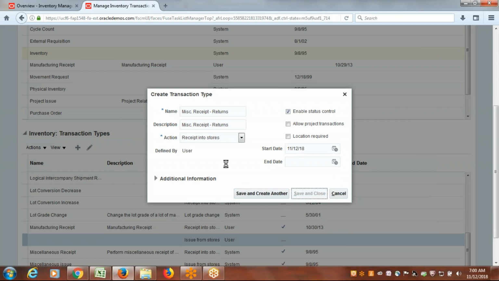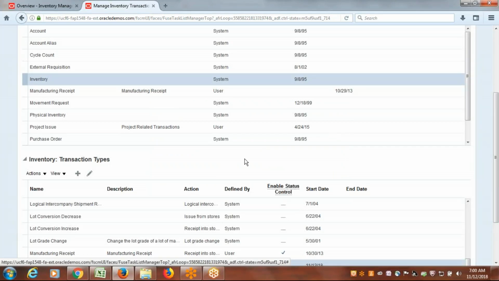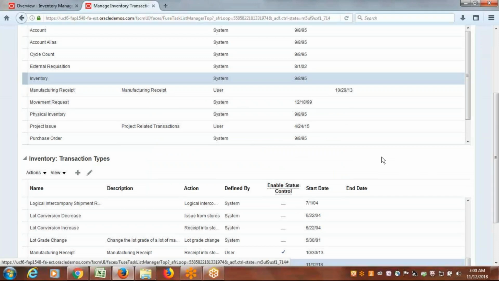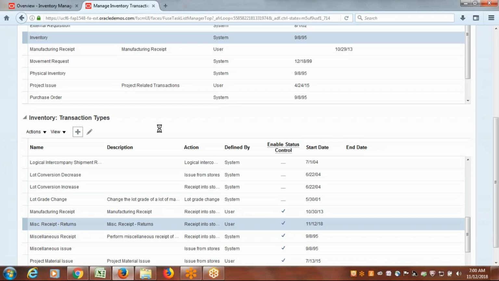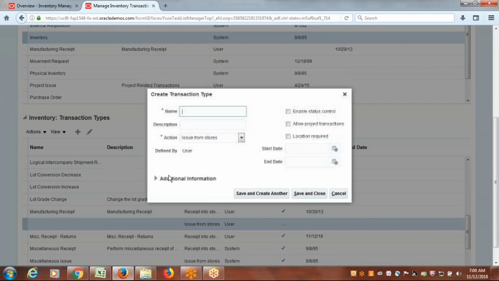The same way you can create multiple miscellaneous receipt transaction types based on the purpose. Based on the purpose you may create a number of them. We'll go and create one more. This may be for miscellaneous receipt for